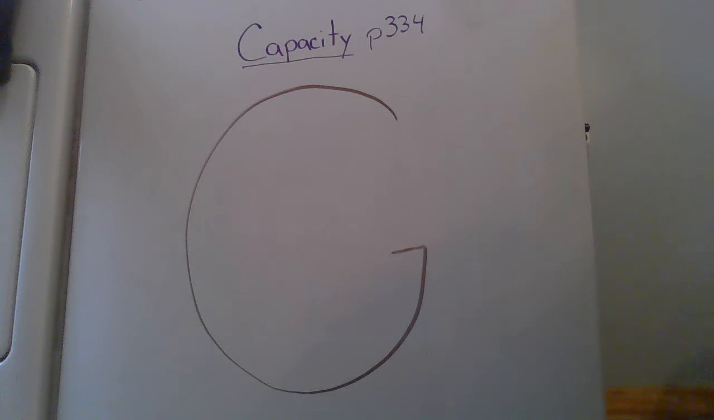Today's lesson is dealing with capacity. It goes along with page 334. If you look at page 334 in your book, and you look up at the top above the glasses,